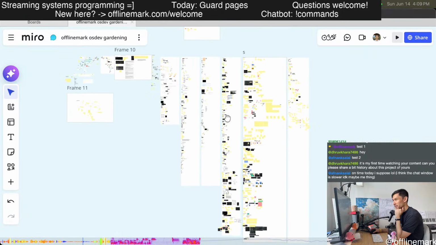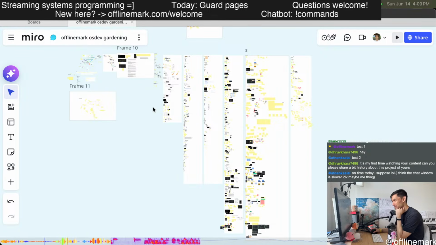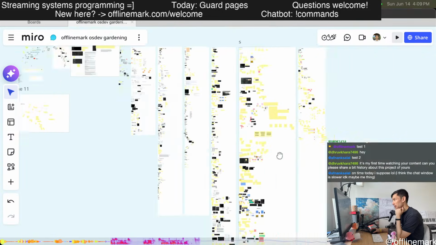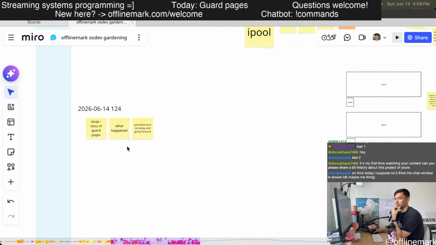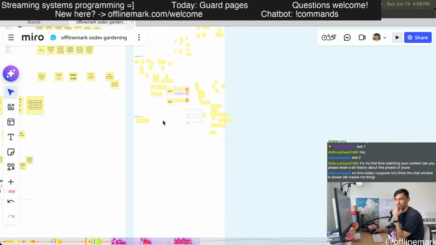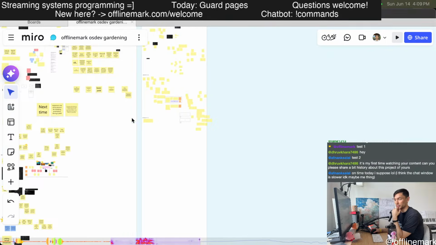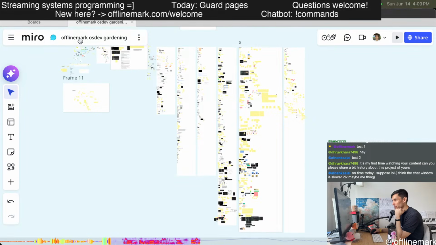Wow, this is what the project looks like. From a certain perspective, this is over 2 years of weekly operating system development going back to February 2024. And we are working our way over in this part of the jungle. So what's going on here? I've been working on an operating system for 2 years, and there is some nuance to that. Really, I'm trying to just learn about OS development, kernel development, that kind of stuff.